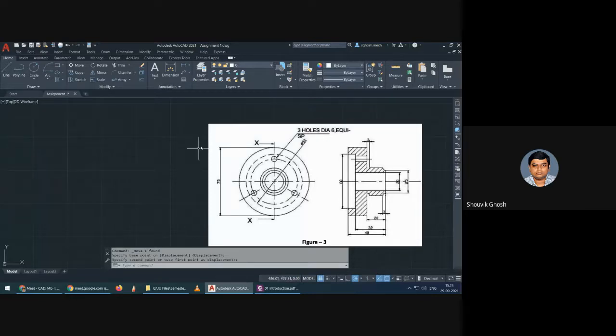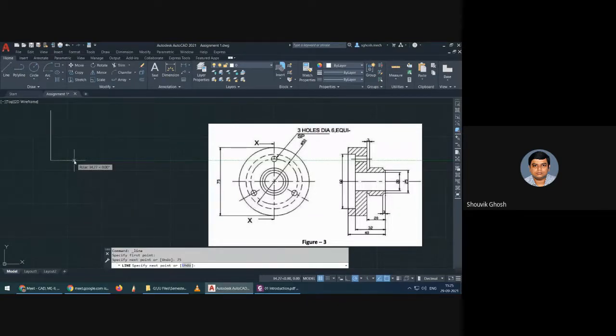So let's first draw the sectional view, the XX section view. Let's say line. As you can see, it's a total of I think 75. Yes, 75 is the maximum diameter. So let's do the line 75. Then how much is it?